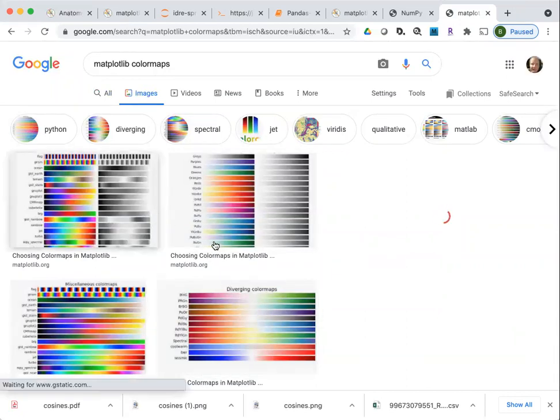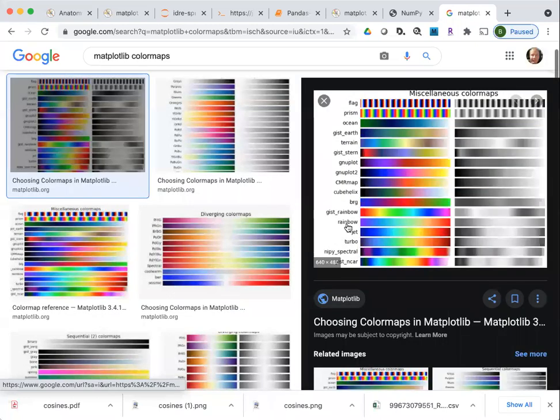If you look up any of these color maps, here's just rainbow. I don't know if the text is too small on mine, but this just rainbow here will give you this particular color map for the values.